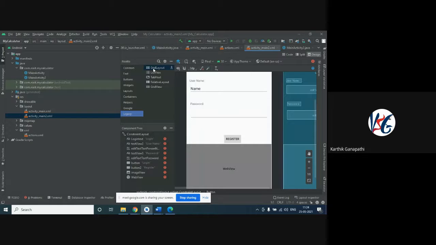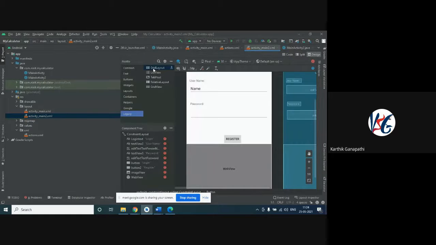For example, you can consider a mosquito mesh. In that, the holes are arranged in a sequential and regular pattern. So we'll be calling this a grid, right? Similar to that grid, the arrangement of components is going to happen, so we'll be calling it a grid layout.